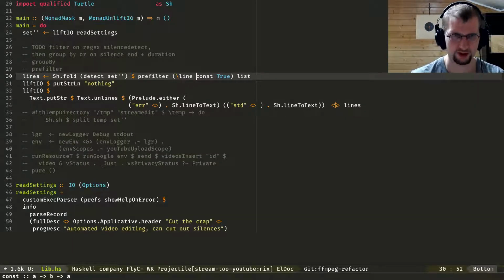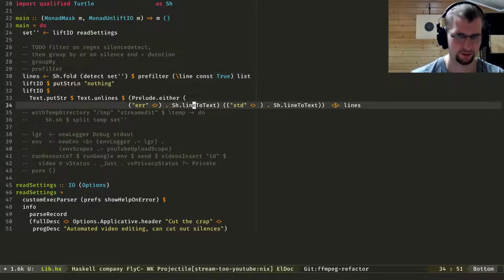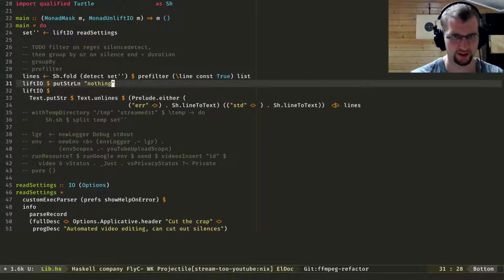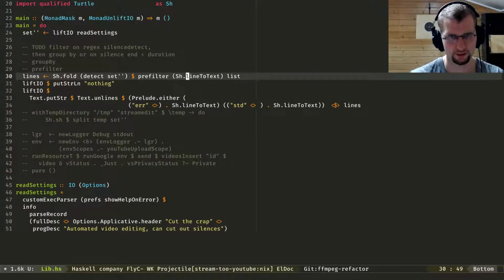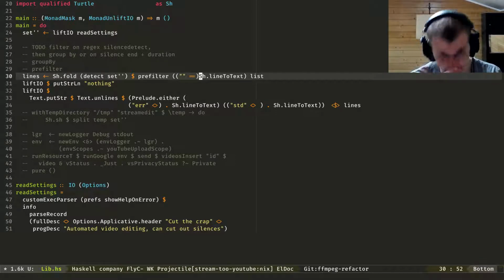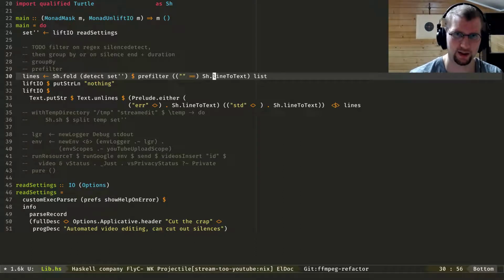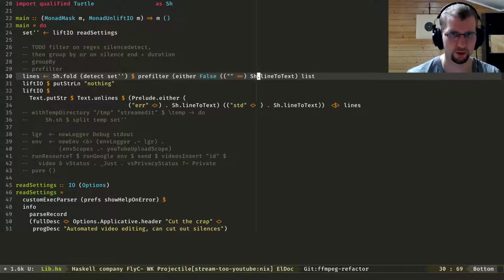This is line, and then we'll do like... Well, first of all, we do line to text, right? I don't think we can compare on line. And then we'll compose that with equal to... Right, we need to fmap into that as well, because we have the either thing going on. Actually, we can get rid of either. Easily. We can put this entire thing in the right block. So we have either false, or we have this thing,